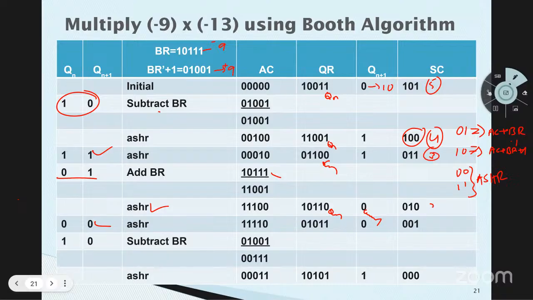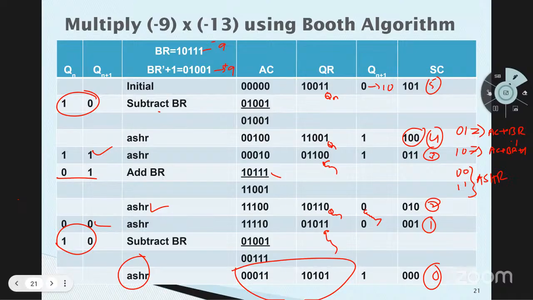Then here QN and QN plus 1, both are 0 0, so simply right shift operation. Here the 3, 2, 1. Now here QN is 1 0, అంటే subtraction, so now you can subtract BR. Then you will get the result, and again you can perform the ASHR, and finally this will become 0. So the final result is